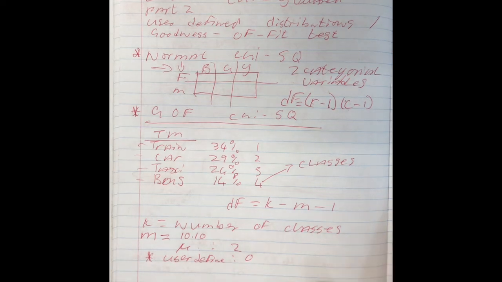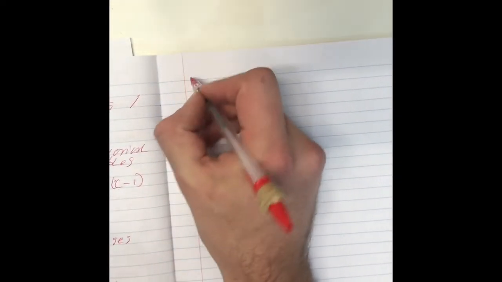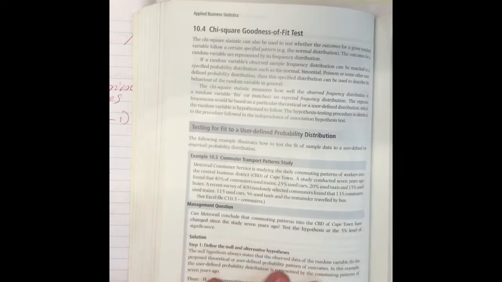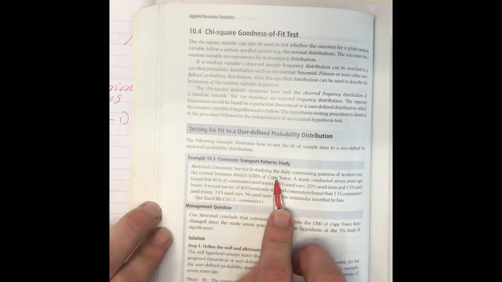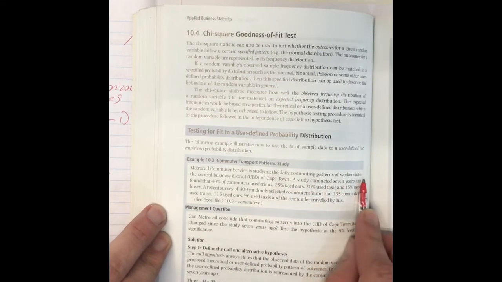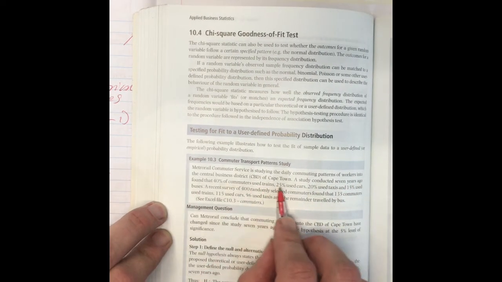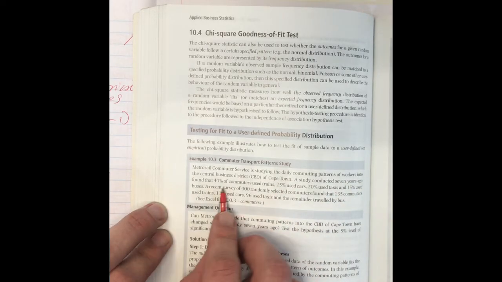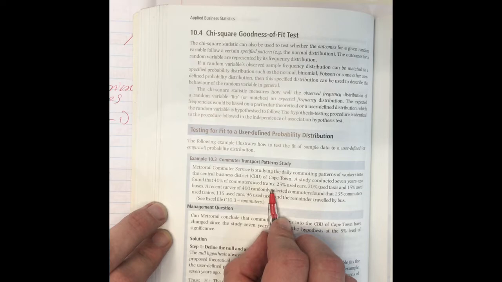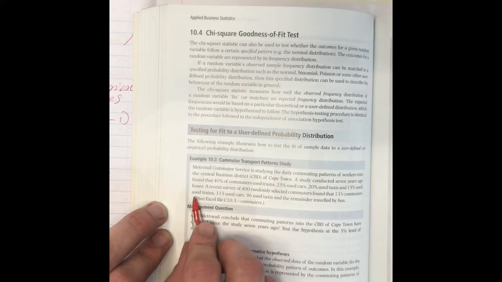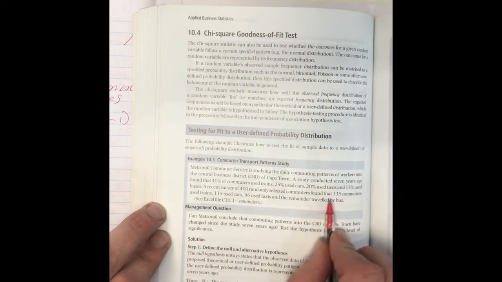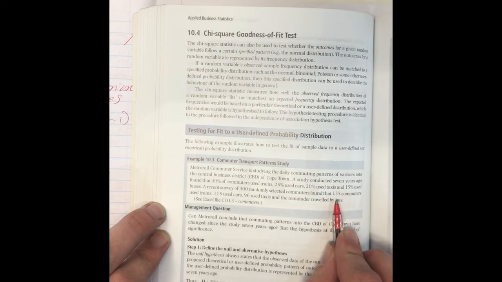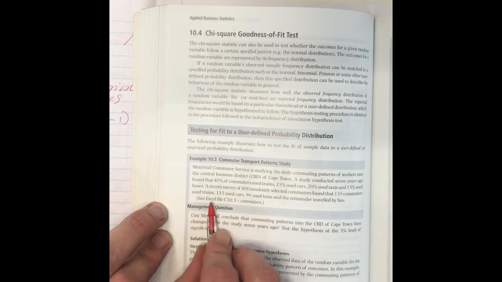All right, so let's do example 10.3, and if we read it, it says: Metro Rail commuter service is studying the daily commuting patterns of workers into the central business district, CBD, of Cape Town. A study conducted 7 years ago found that 40% of commuters use train, 25% cars, 20% taxis, 15% buses. A recent survey of 400 randomly selected commuters found that 135 commuters use trains and